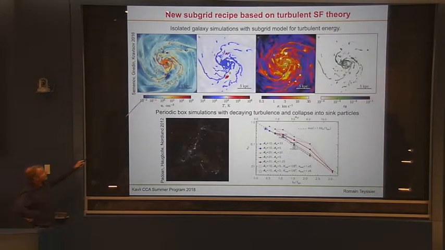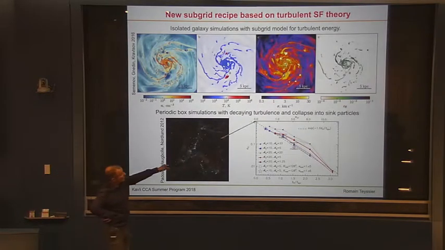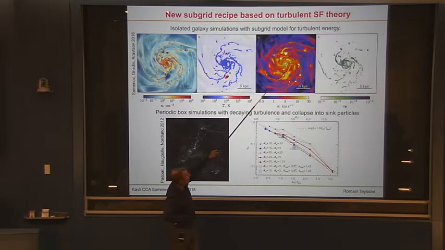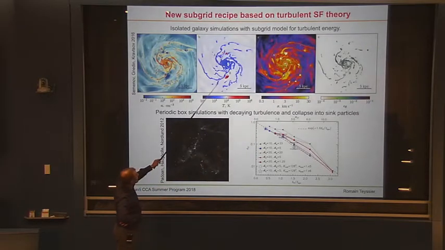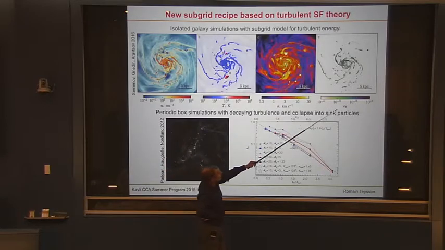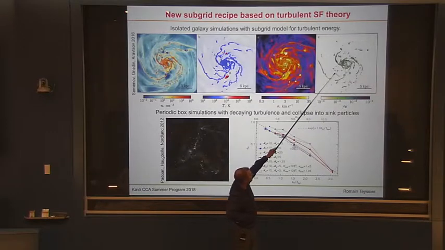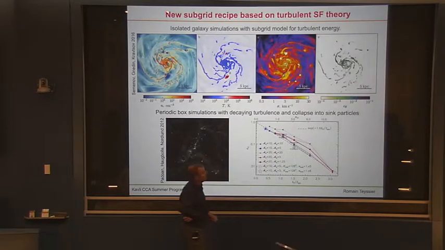I'm going to report on the work by Semenov et al., where they did simulations of galaxies where they actually know what the turbulence is. So they have a Smagorinsky-like model for turbulence. That's the map of the turbulence in their cells. That's the density and temperature. So they have everything, right? They have the virial parameter, they have the Mach number, and they compute epsilon_ff based on a model similar to what I've shown on the previous slide. So that's the star formation efficiency you get in your cells based on this model.